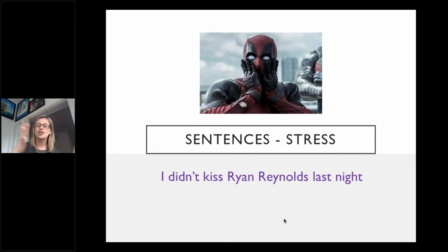So we need to show our students that we put the stress on the important word in the sentence. And this is great fun because there aren't actually any rules for this. You can put the stress where you like in a sentence. But if you're helping students with presentations, helping them with their listening, this is a really, really important exercise to do,